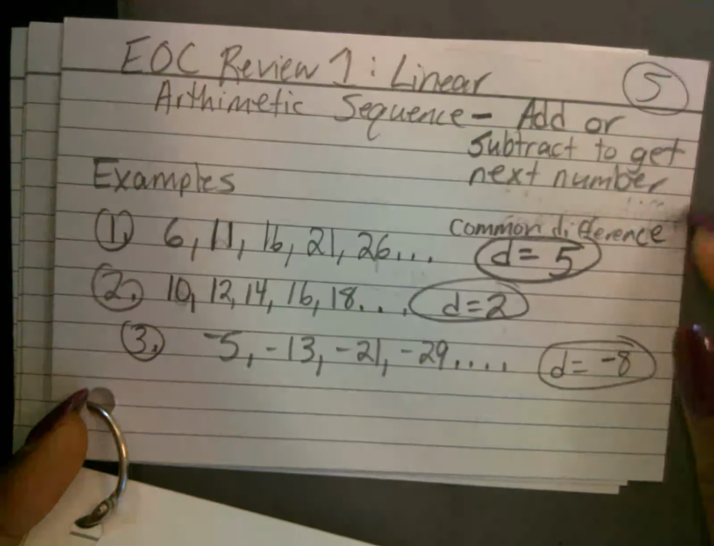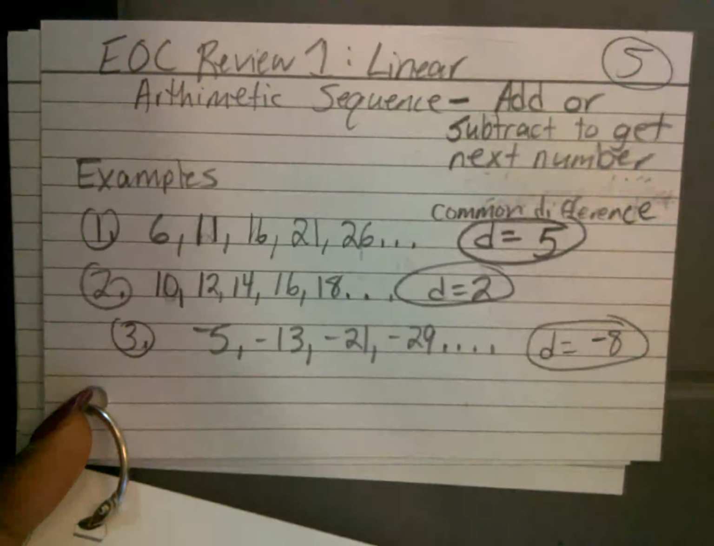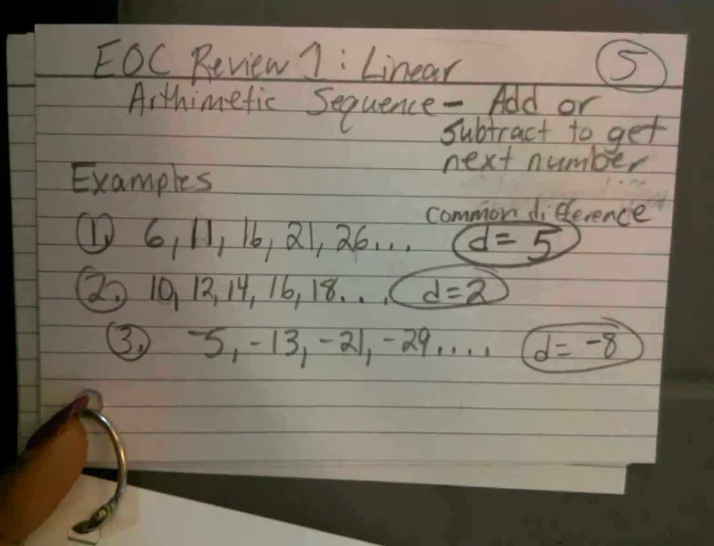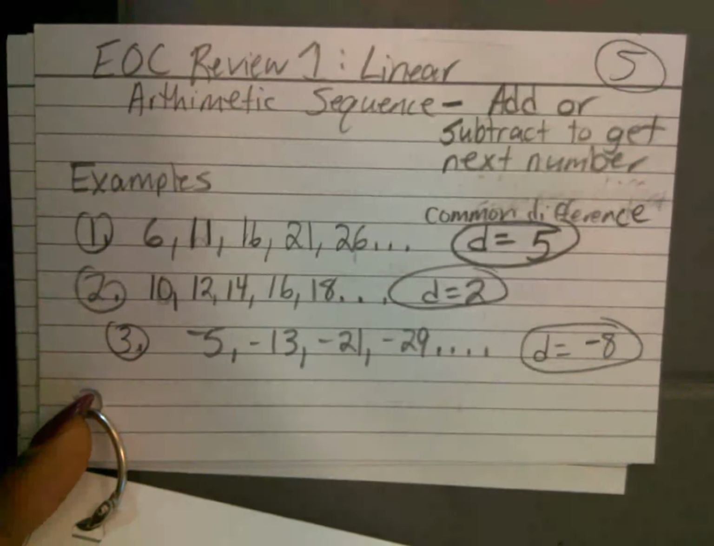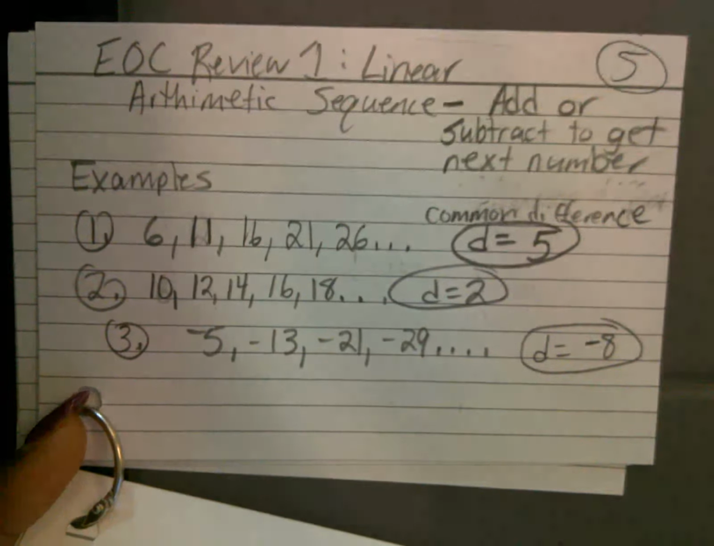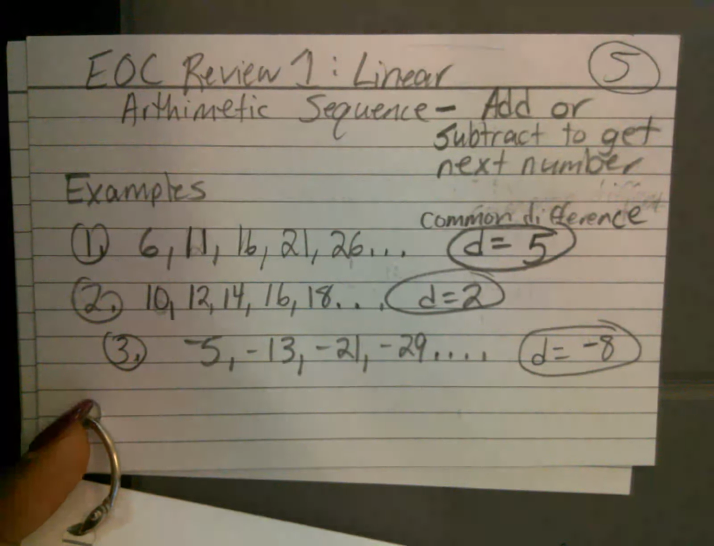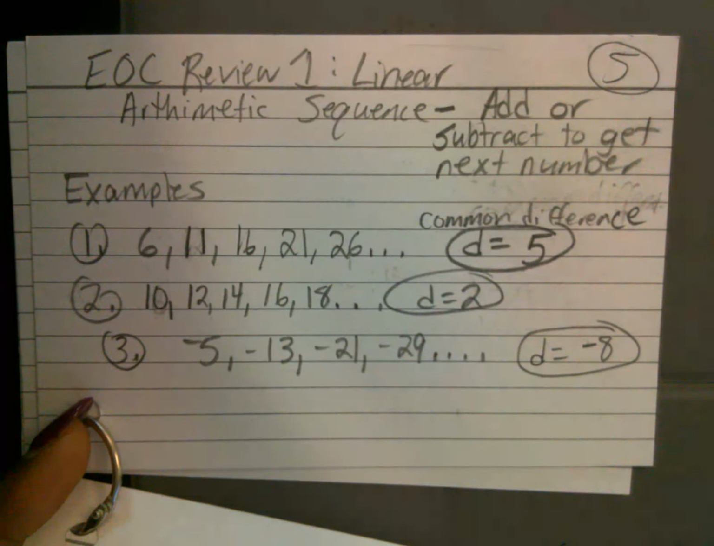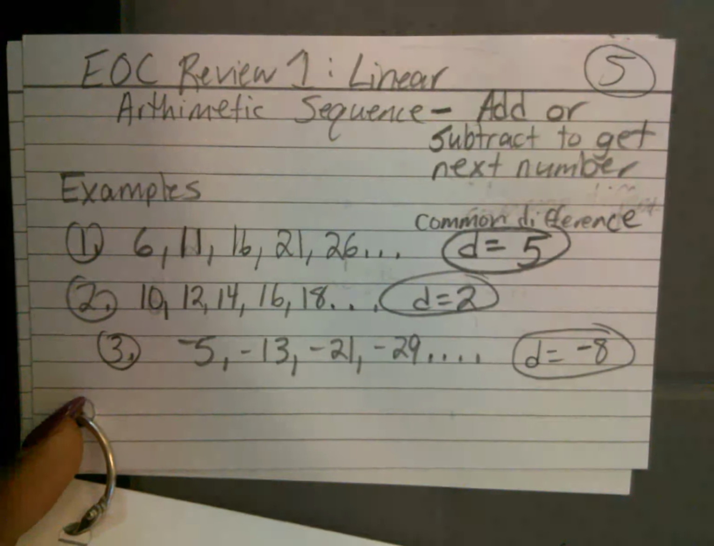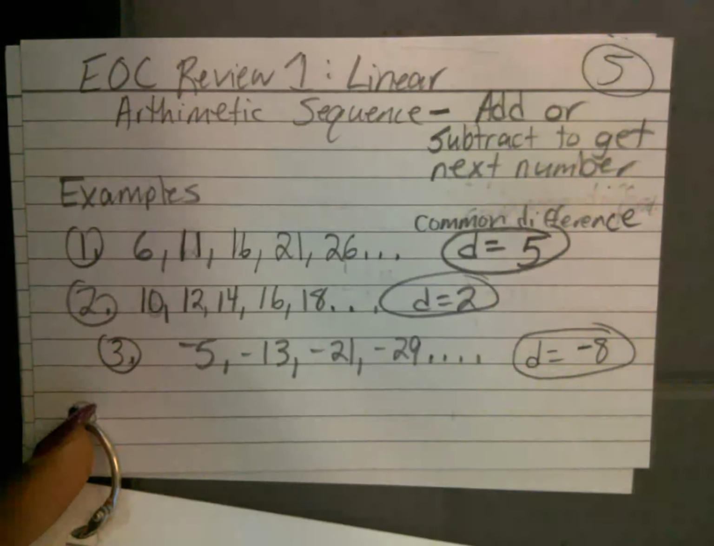Card number 5, we talked about arithmetic sequences. An arithmetic sequence is a linear function. This is where you add or subtract to get to the next number. Linear functions or linear patterns are where you add or subtract to get to the next number. Okay? That number you add or subtract to get to the next number is called the slope